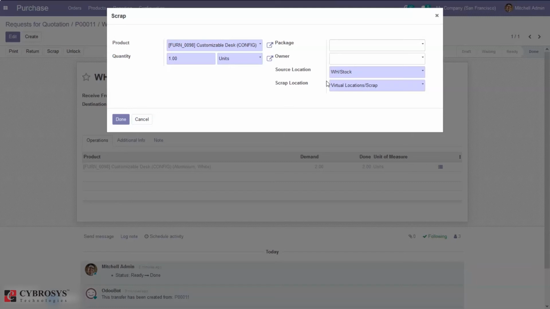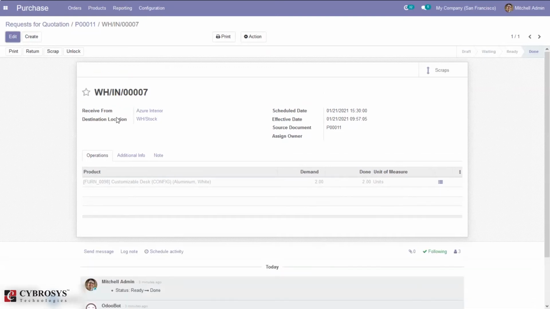Then we can set the source location from which we received those products, and then the scrap location, where we are moving the damaged product. By default it is set as virtual location scrap, and we can change it to the newly created scrap location. After that we can click done, and the products will be moved to that location.